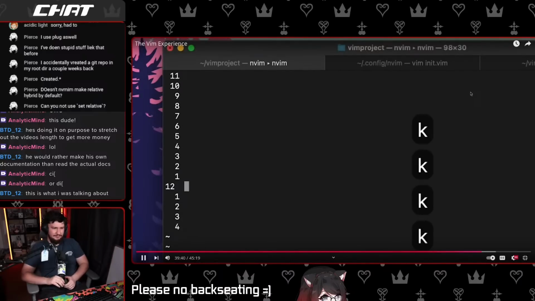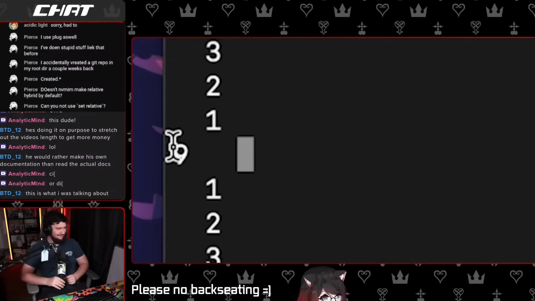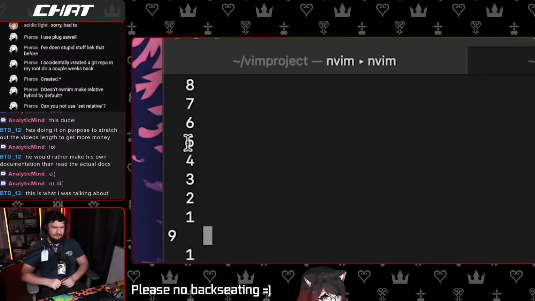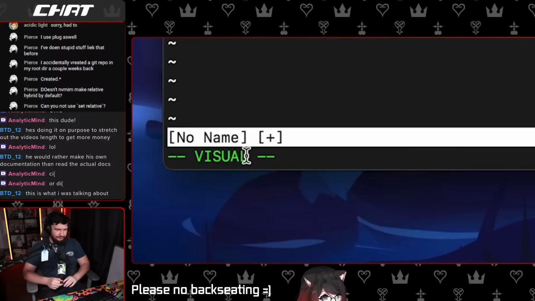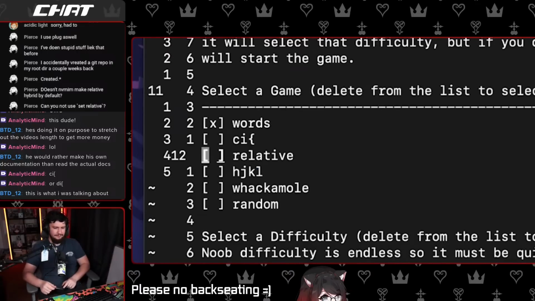The way these work, as of my understanding, is here it shows which line you're currently on. So right now I'm on line number 9. And what happens if I want to jump, for example, over here? This would be line number 4, but here it says 5, and it's because instead of showing the line number, it shows how far away it is from my cursor, so that I can say 5 and then up to jump to this line. I'm not sure why it selected anything. It must have been in the visual mode. That would do it. Let's go back into Vim Be Good and try to do the relative game.